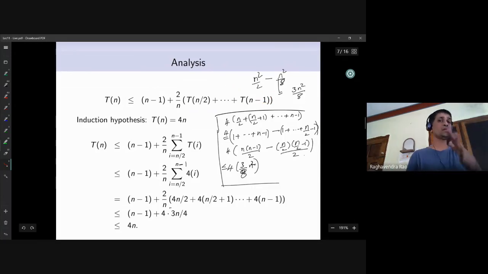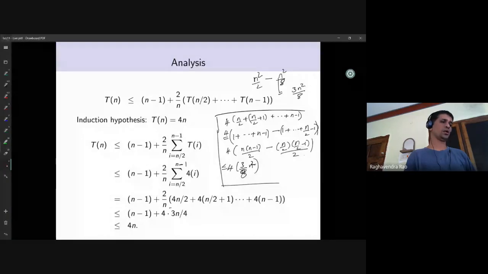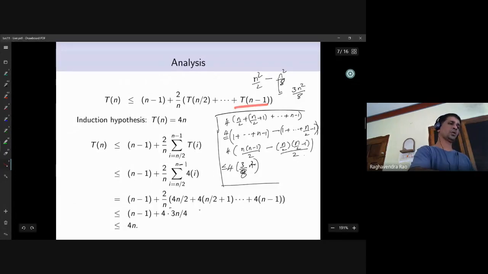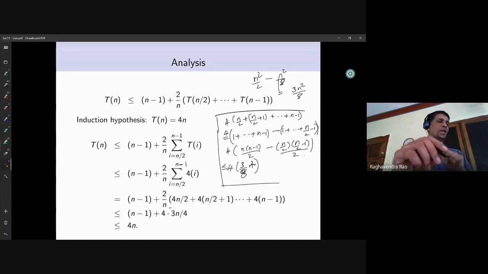But still, what is the worst case scenario here? Every time you're recursing with, say, n minus 1, without the expectation. I mean, worst case scenario is with respect to the pivot. So n minus 1, n minus 1, n minus 1. How many? n minus 1 plus n minus 2 plus n minus 3 and so on. So this will be n square. In the worst case, this algorithm still can run in n square, but in expectation, it runs in 4n time.